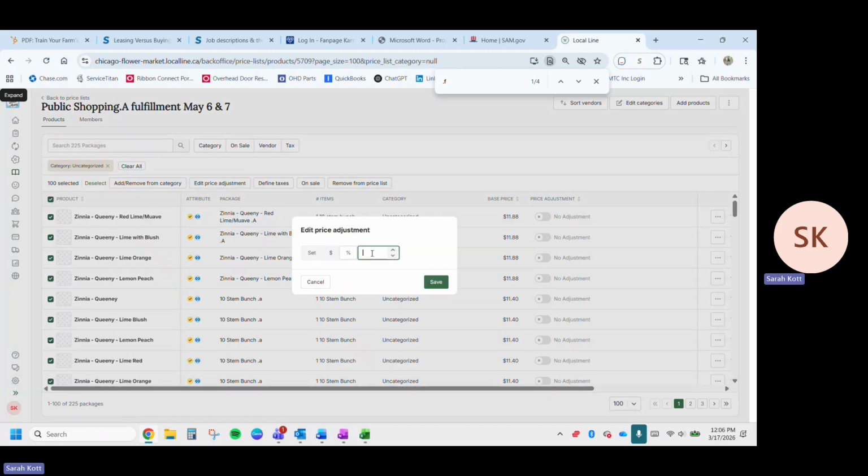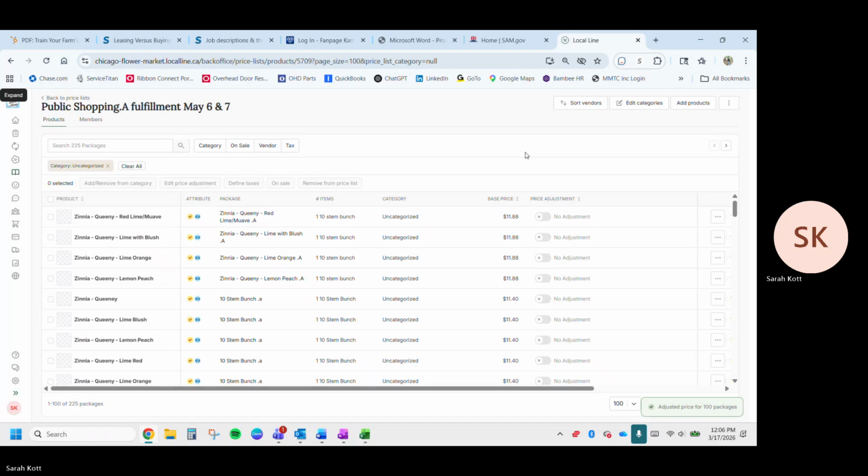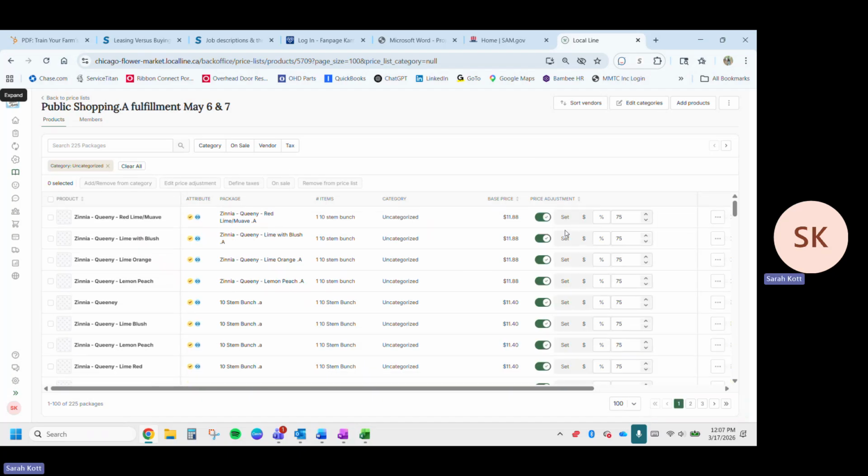For us, we do a percent-based increase. So this is this 11.88. This is what our grower is going to make on this bunch. And then I mark that up by 75%. So I make sure to click percent and then I type in 75 and then I hit save. And all of these then, since I'm selecting in bulk, should get their percentages updated. Takes a little bit. And then eventually these will show up. Yep. So you can see that it's marked up